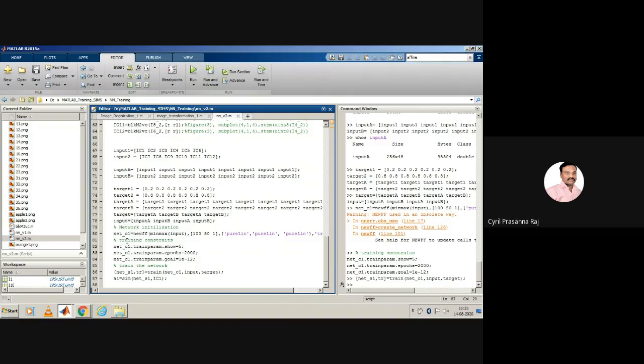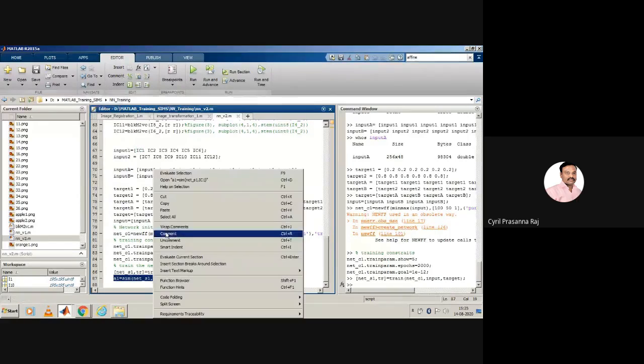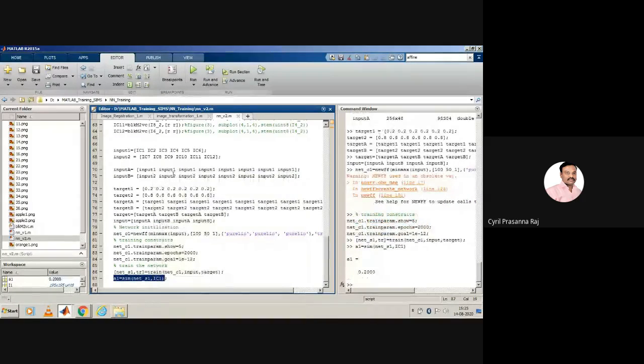Now if you understand, net_C1 is the initial network without training parameters. net_S1 is the network with all the training parameters. So we are using net_S1 as the trained network, and we are giving an input called IC1, that is the first vector, and we are trying to find out whether output A1 is equal to 0.2. So now it is telling you, yes, your output is exactly 0.2, implying it is able to classify your input as 1.